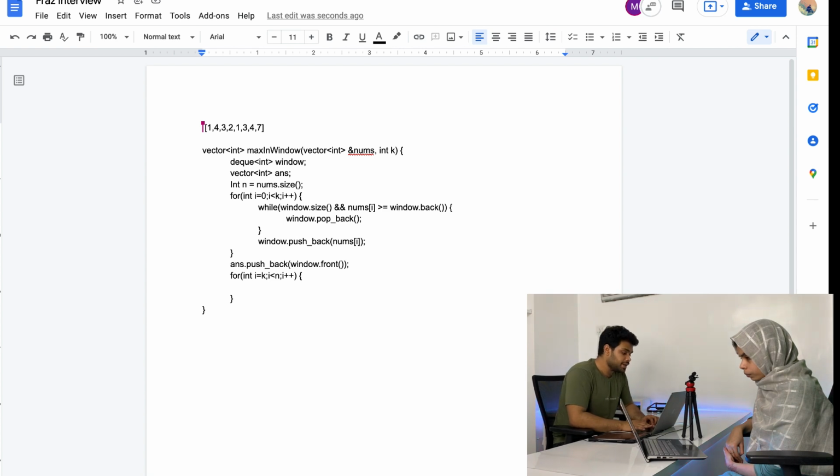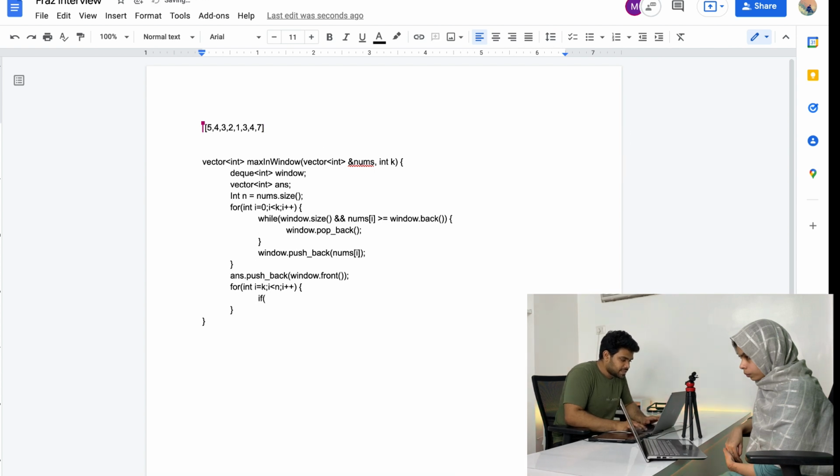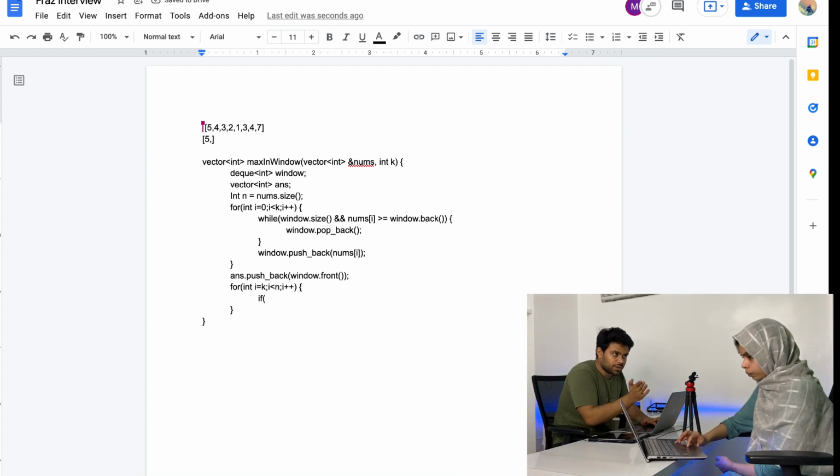All right. Now let's say in this particular window, all the elements are already there. So let's say this is 5, this is 4, this is 3, and the window size is 3. In this case, first element will be 5, then 4 will appear, and because 5 is greater than 4, the 4 is not going to remove 5. Then 3 will appear, 3 is not greater than 4, that's why 3 will not remove 4. So this window will be of size 3.